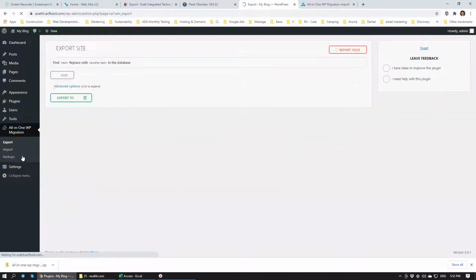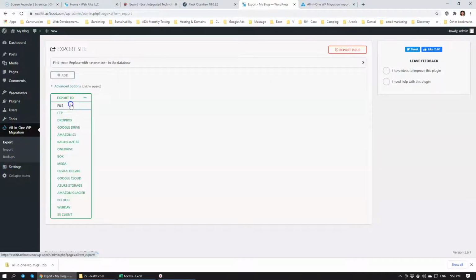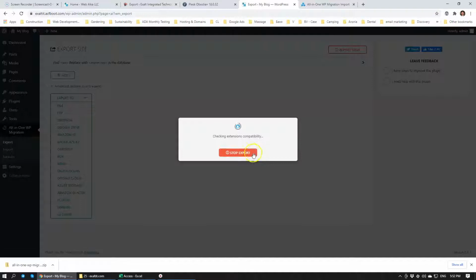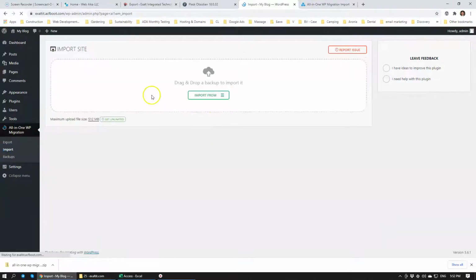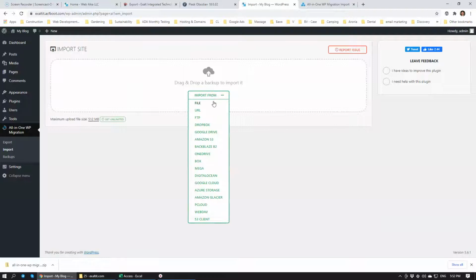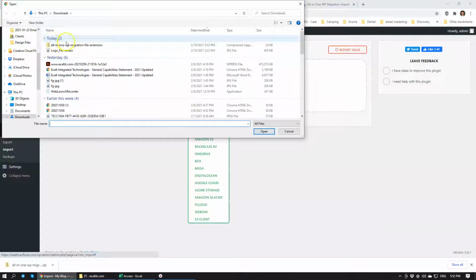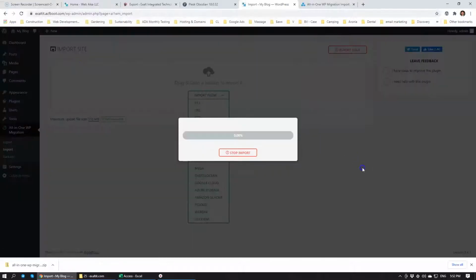Okay, we're going to go back to All-in-One Migration, import file. Okay, one second. Alright, I clicked export. Yeah, we need to import, not export. That's the one. Okay, so it's going to upload, and it's going to take quite a bit of time because